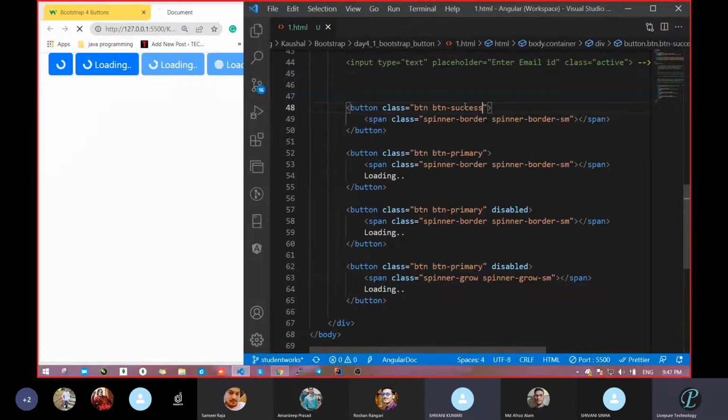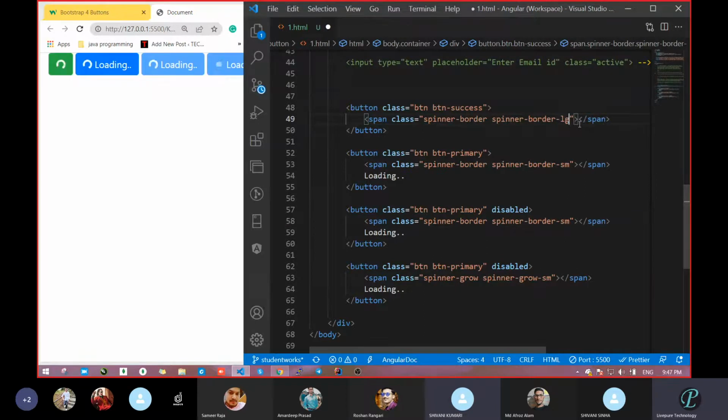We passed that on the top level. Second, what we want is a spinner. The name itself is spinner, technical side. So we take the class spinner-border, and spinner-border-sm. SM becomes small. Do one thing, take this LG.